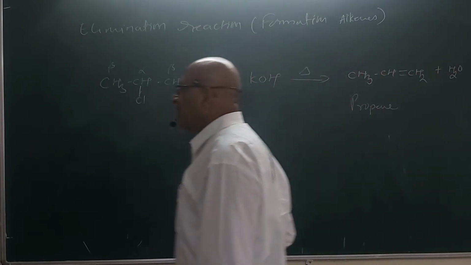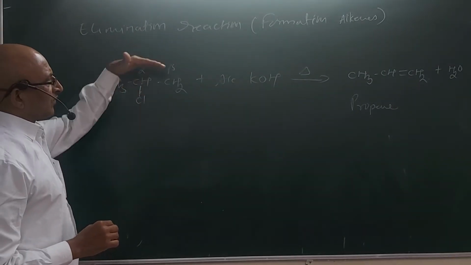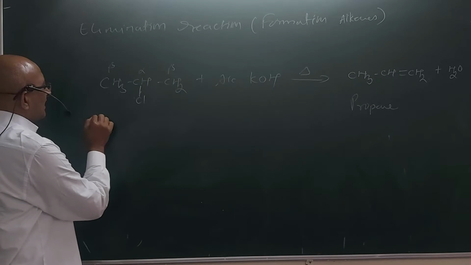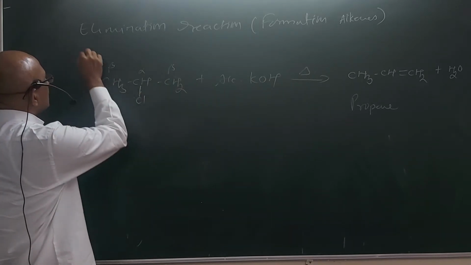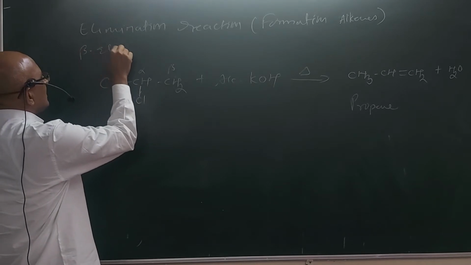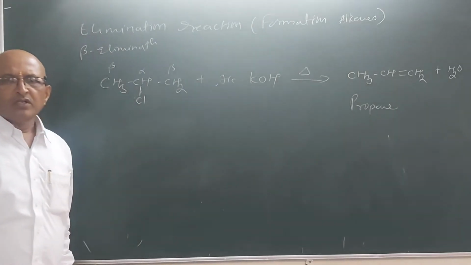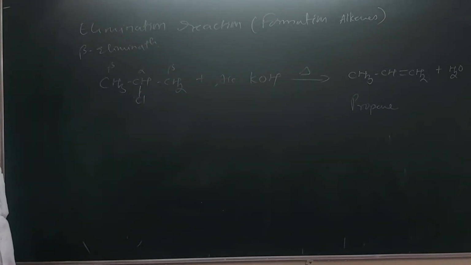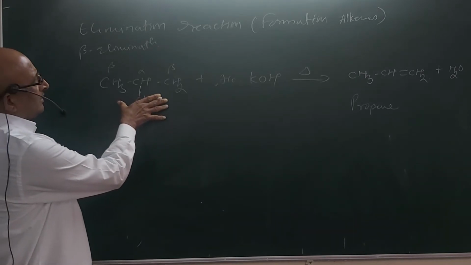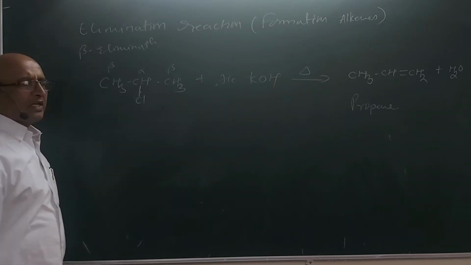This type of elimination of a smaller molecule from a bigger molecule, where the hydrogen is eliminated from the beta carbon, is termed beta elimination. Now, when we are studying this reaction, here it is CH3, and the type of beta hydrogen atom is the same,